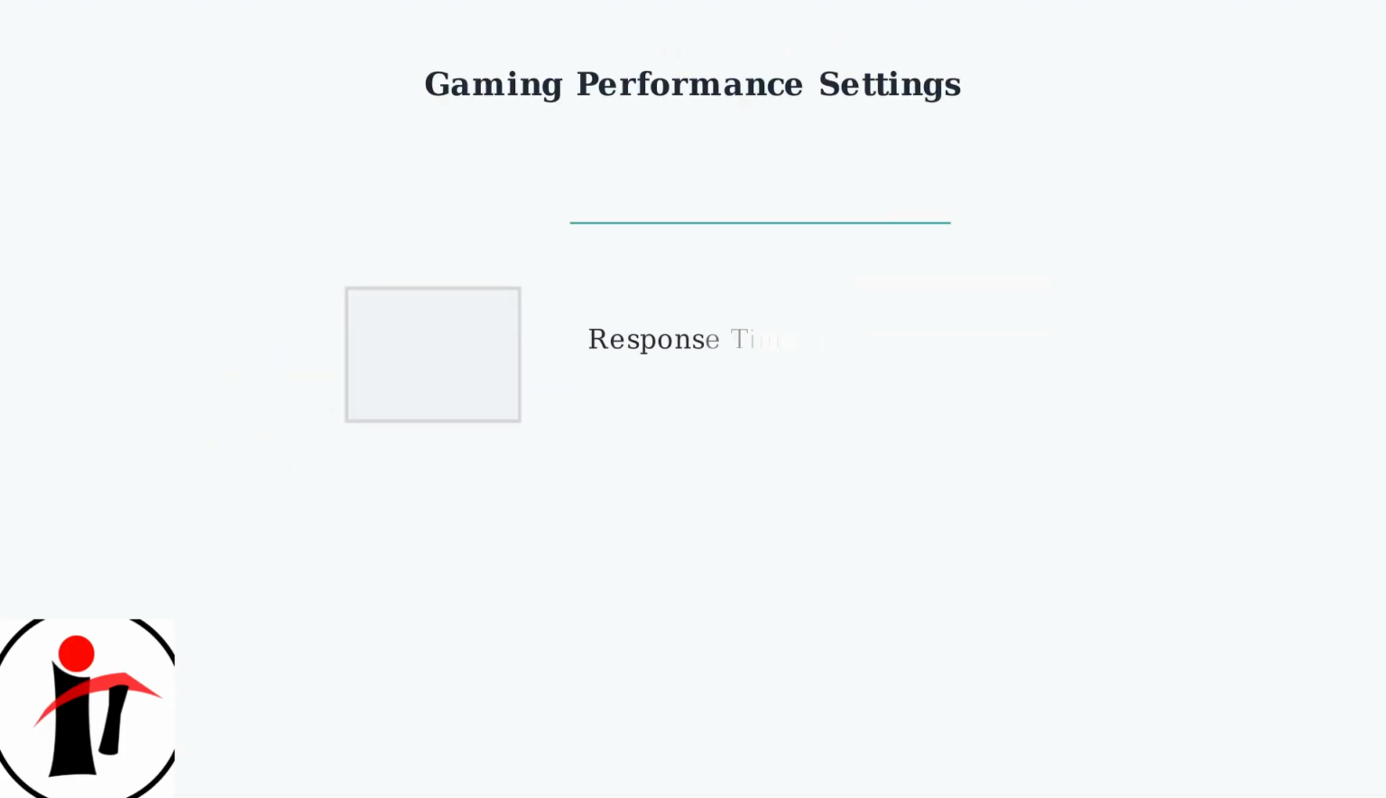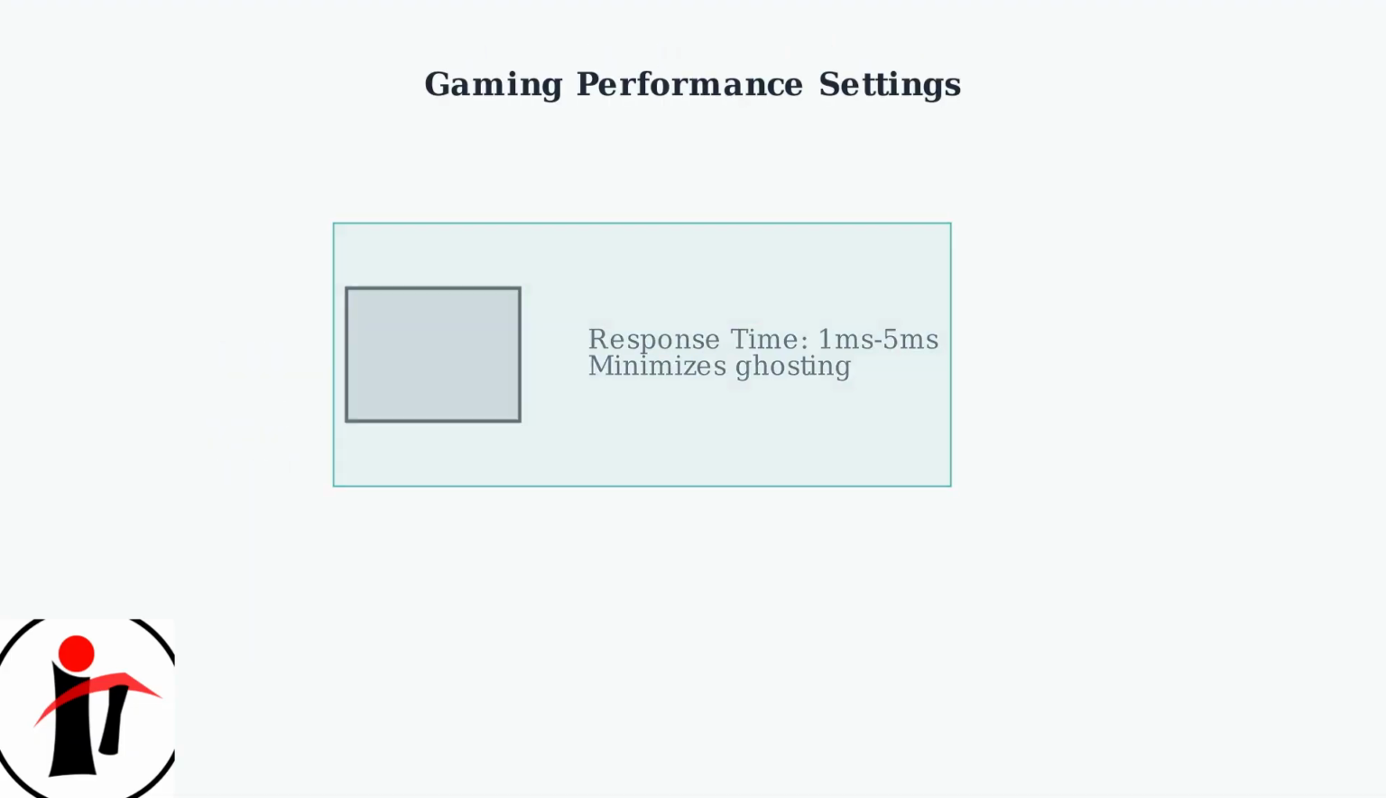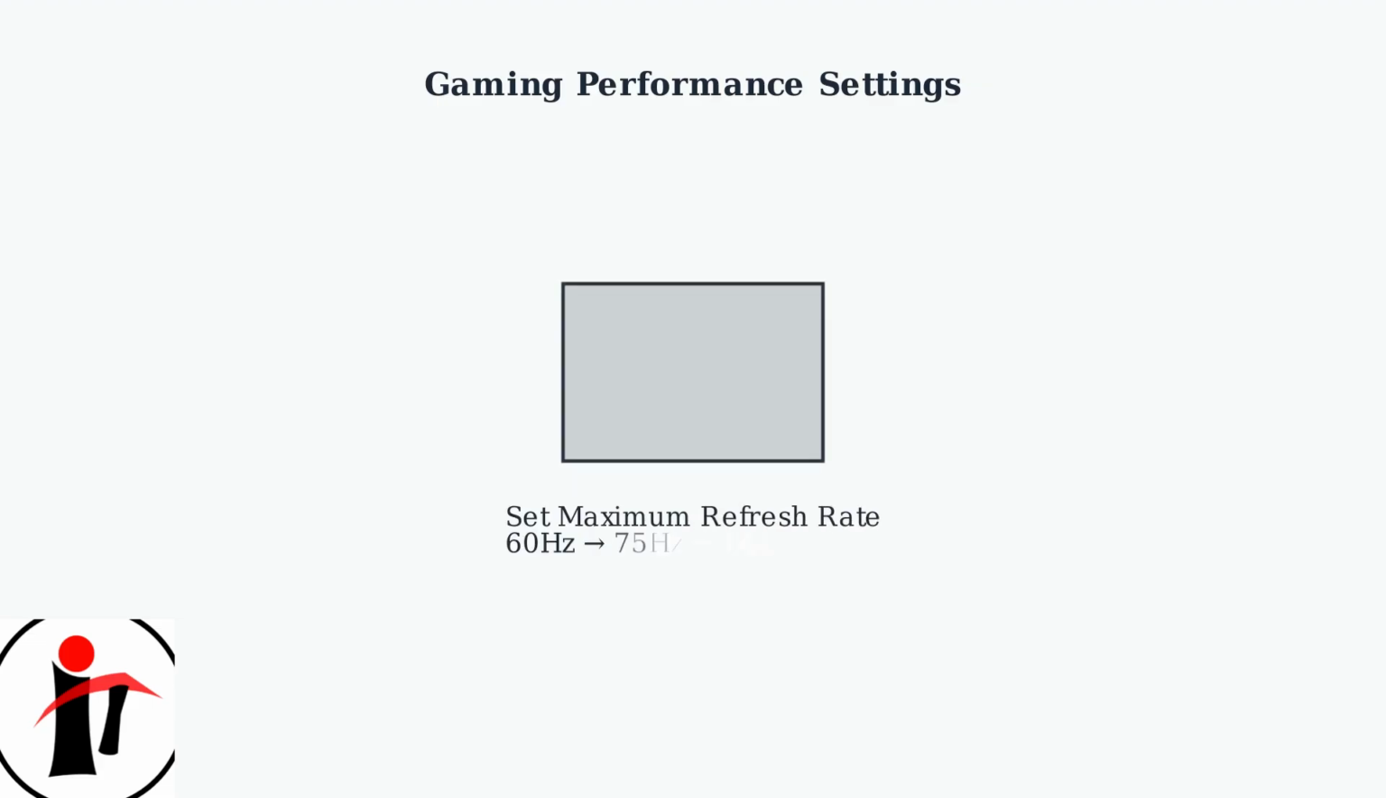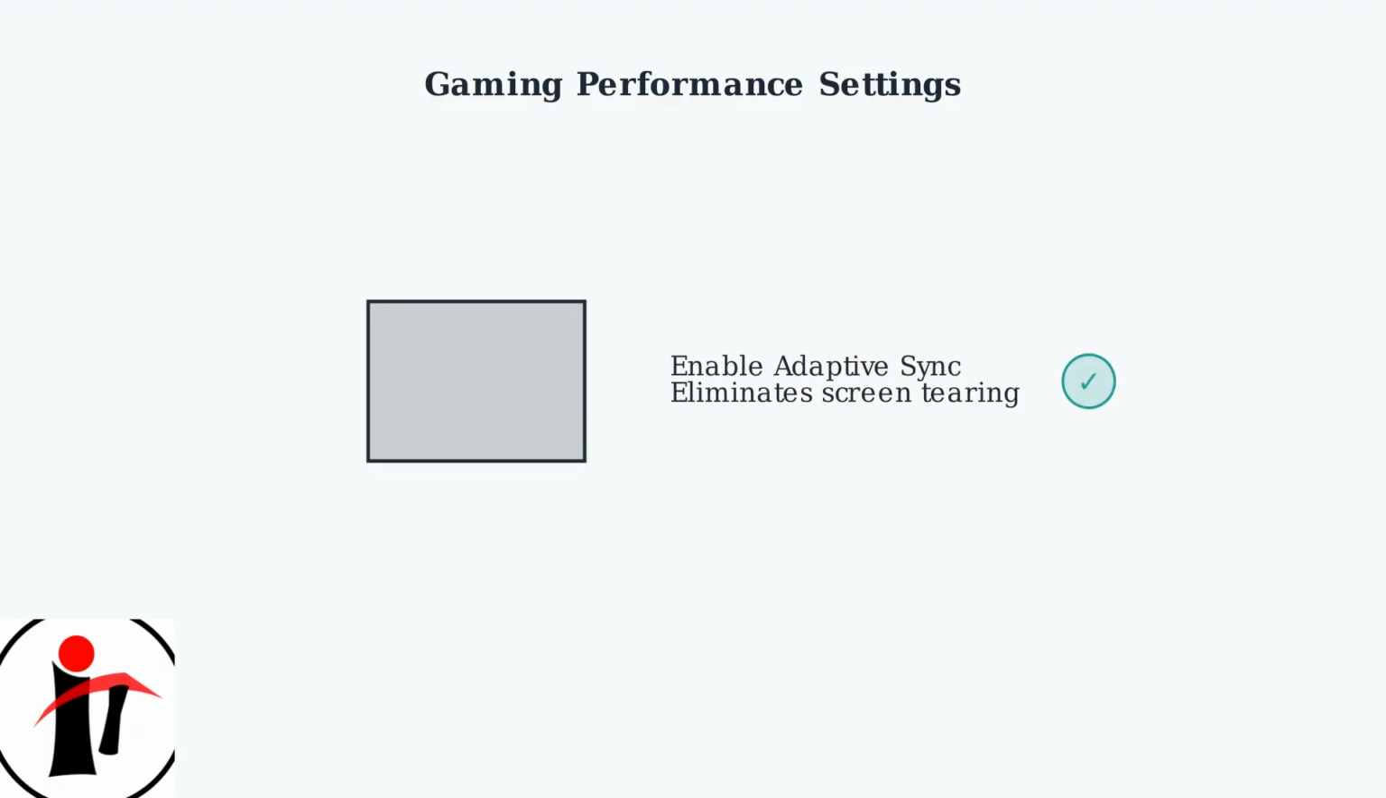Gaming performance requires specific monitor optimizations. Response time is critical for eliminating ghosting effects during fast motion. Refresh rate determines how many frames per second your monitor can display. Higher refresh rates, like 144 Hz, provide smoother visuals compared to standard 60 Hz displays. Adaptive sync technology like FreeSync or G-Sync eliminates screen tearing by synchronizing your monitor's refresh rate with your graphics card's